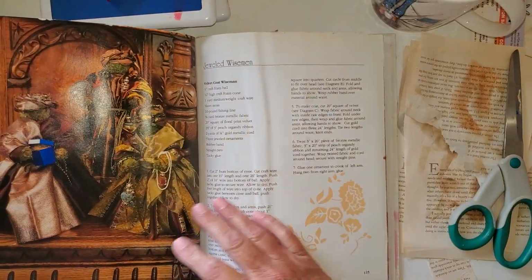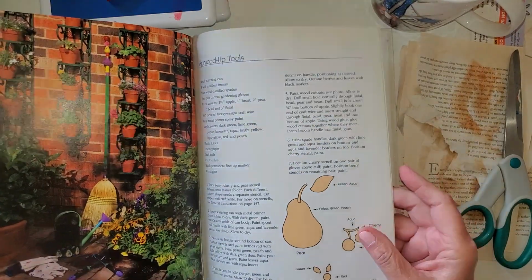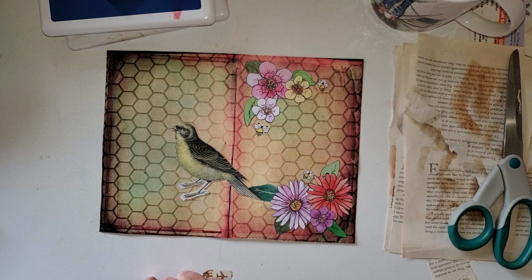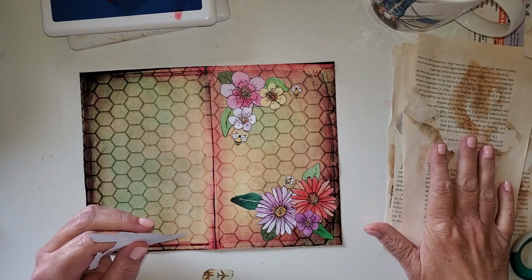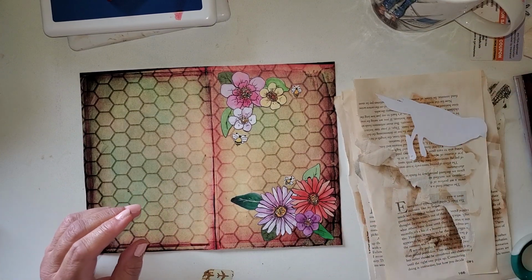This has been, these are pages that I've glued together, but I haven't done anything wet. So there's an art journal. This is when I talk about an art journal, what I'm talking about. And I love art journaling, and I have videos about it, and I still intend to make videos on art journaling. But I would say those are the 3 that stand out the most in my mind as far as